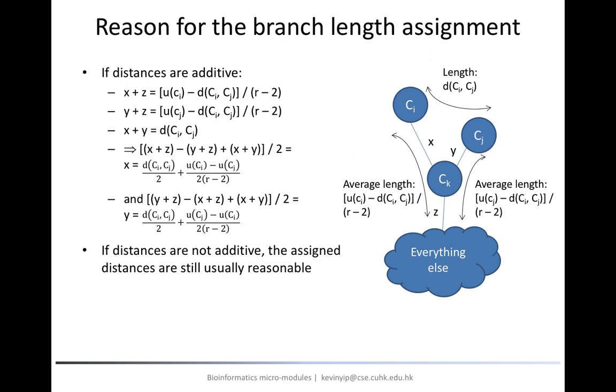Now, suppose we have another cluster CL, and we want to compute the distance between CL and the new cluster CK. If we look at the picture carefully, we see that the distance between CL and CK is equal to the distance between CL and Ci plus the distance between CL and Cj minus the distance between Ci and Cj. And then this whole formula is divided by 2. All three complicated formulas we saw now have been explained.